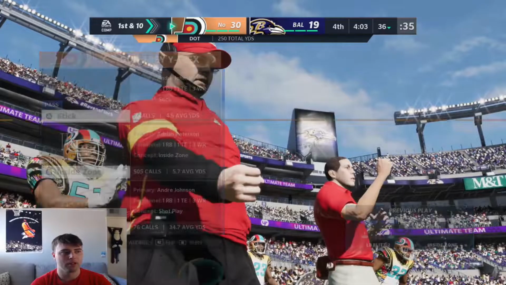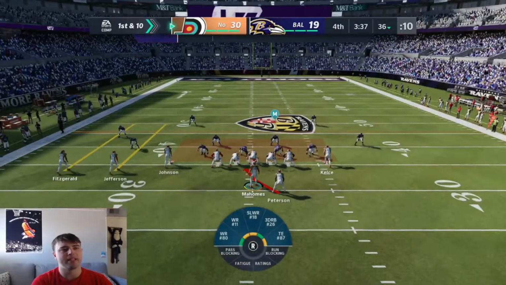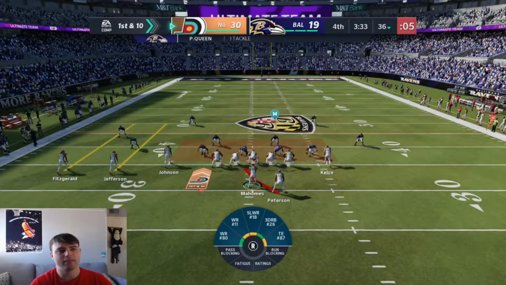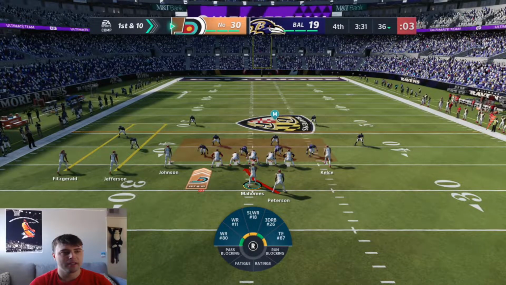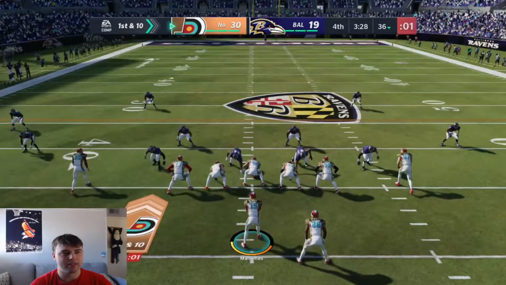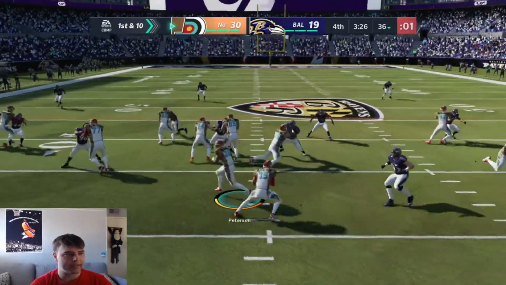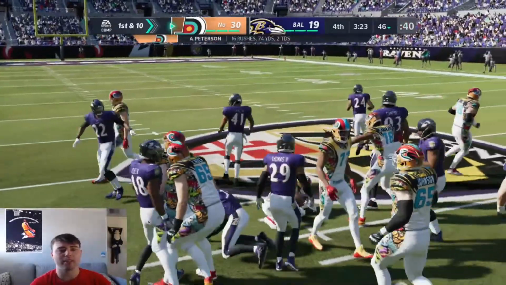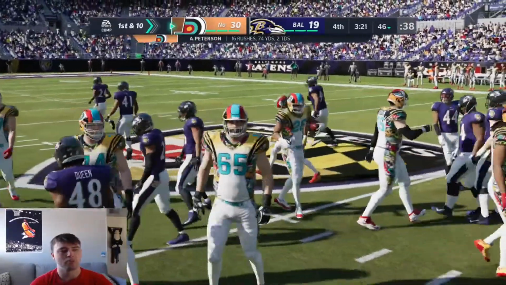So right here, we're going to go ahead and run it with AP again. Like I said, we're going to try to run it all the way down again. We will see if we're able to get there. It is going to go to like that 3:27, I think. So we hike it. We try to get some yards. I'm trying to get some good yardage as well, seeing that I am trying to score a touchdown